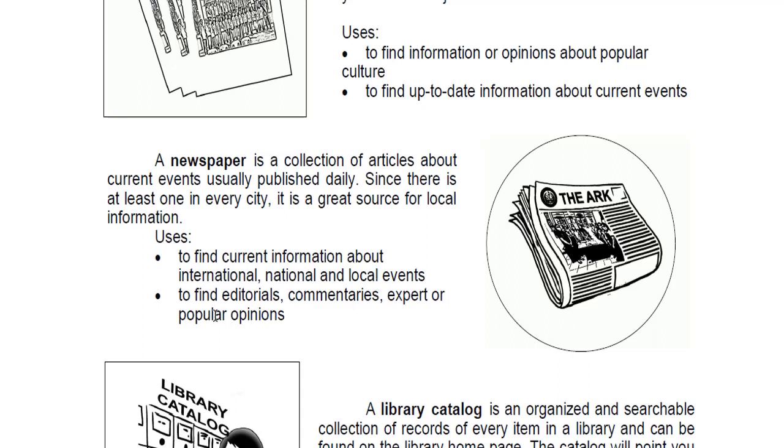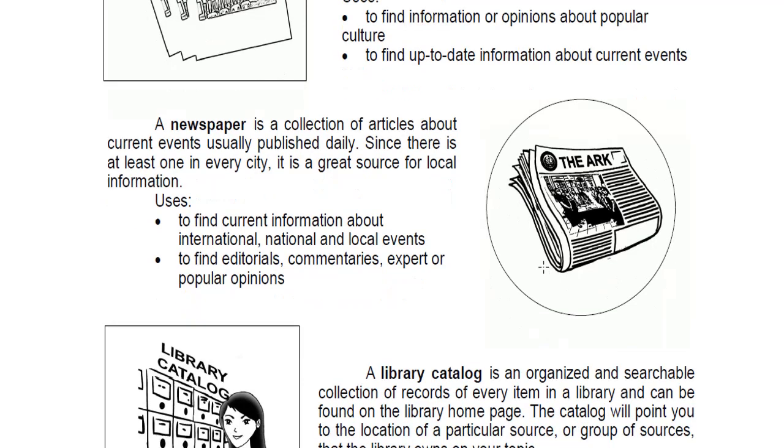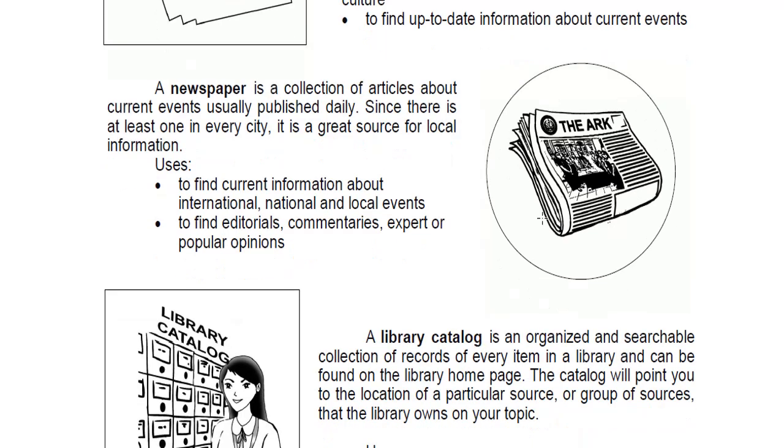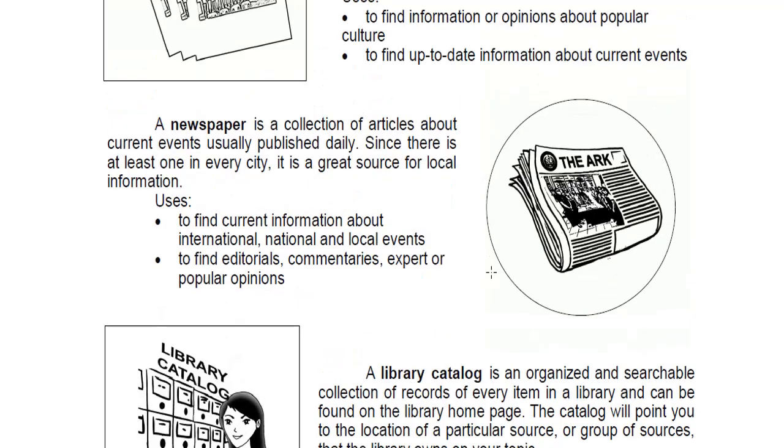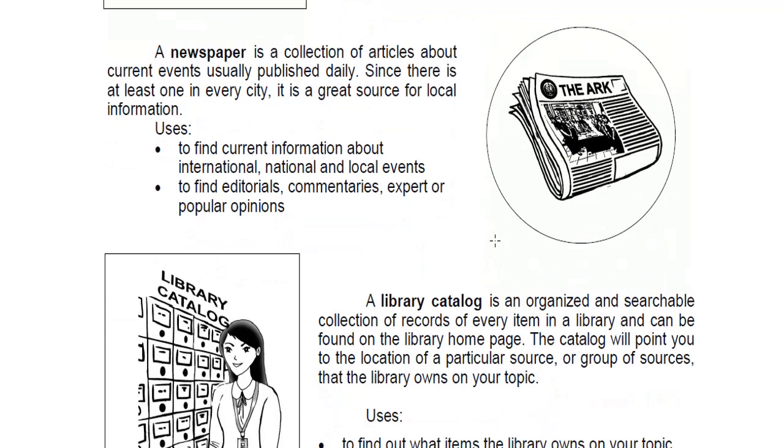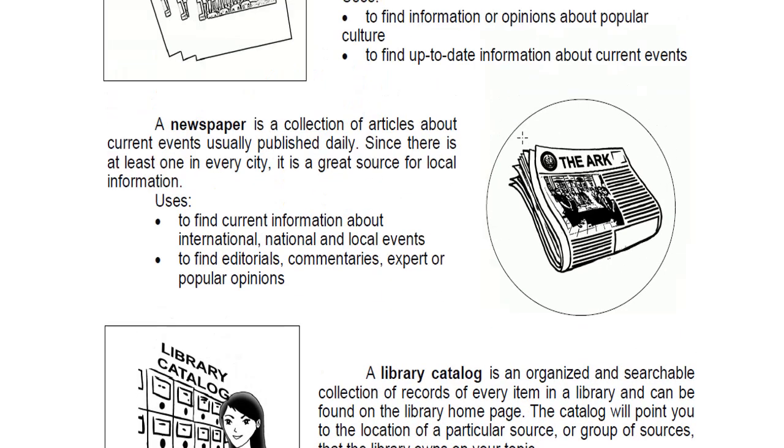It contains editorials, commentaries, expert or popular opinions, and write-ups. Sometimes it contains crossword puzzles and news about show business. That is a newspaper. And sometimes when the president is having the SONA, you can find the details of that